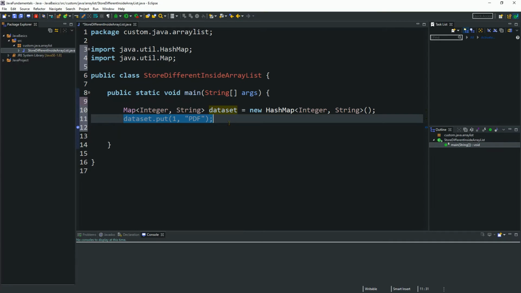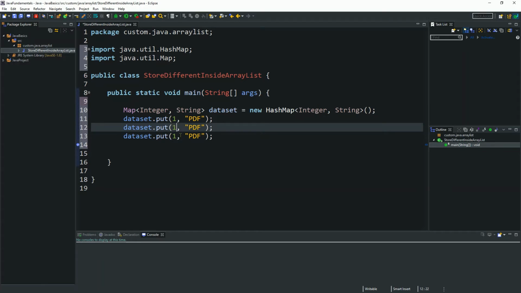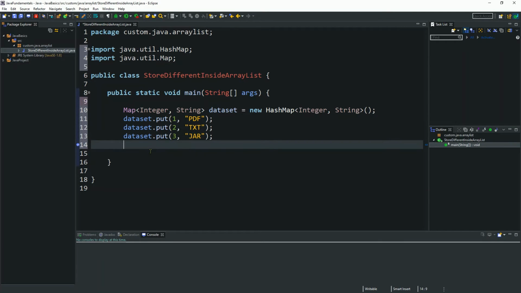Like this, I'm entering two more entries. The second I will give as text. The third I will give as char. Suppose I print this map directly, you will get these three entries.